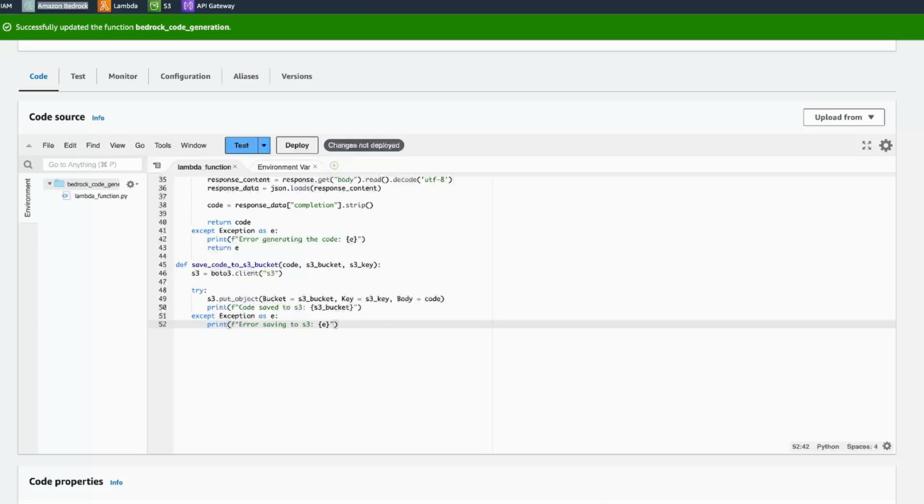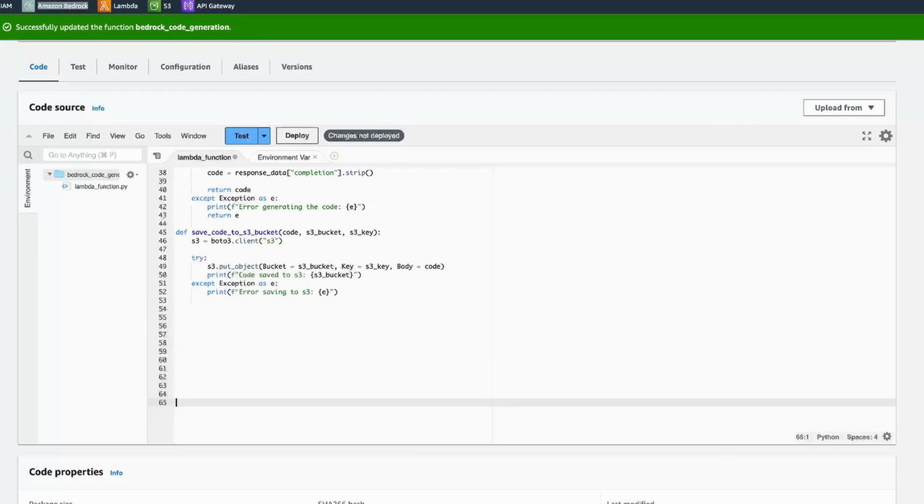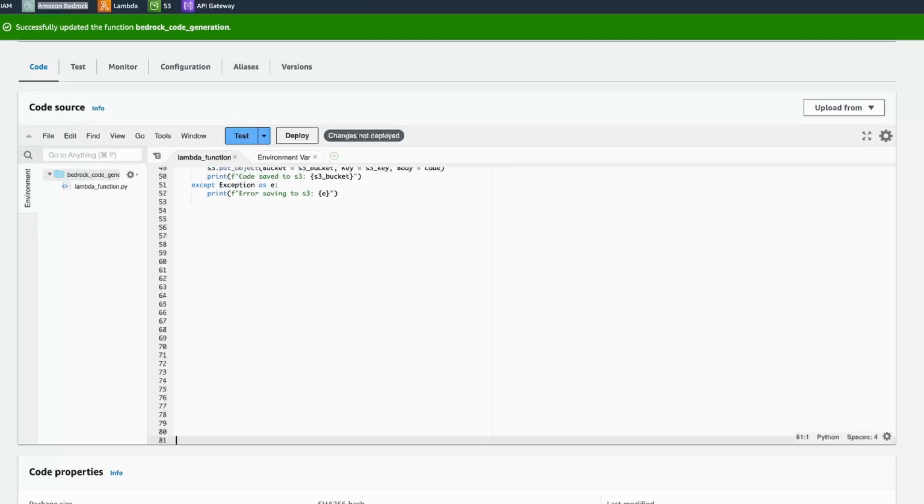Okay, we are done with these two functions. We only have one more left, and that is the required Lambda handler function. All right, I'll give you some more room so we can see here. So we're going to say def lambda_handler, which takes in two parameters, the event and the context. So we're going to say event_body is equal to json.loads(event['body']). Okay, so we want to get the body parameter here and save that into the event_body